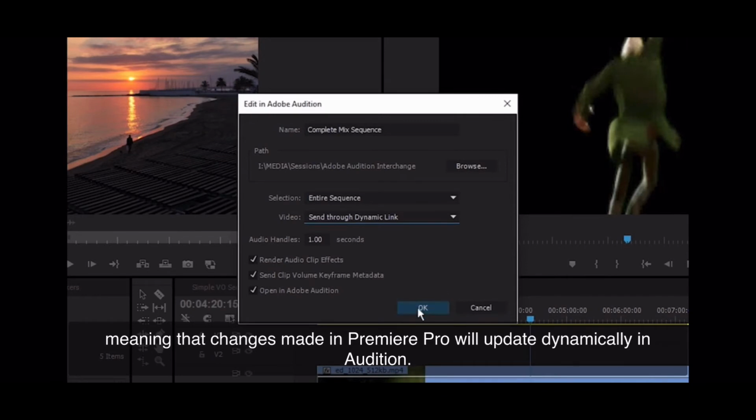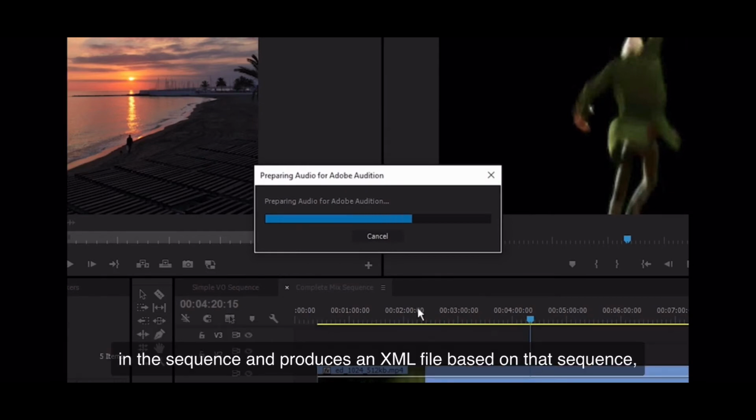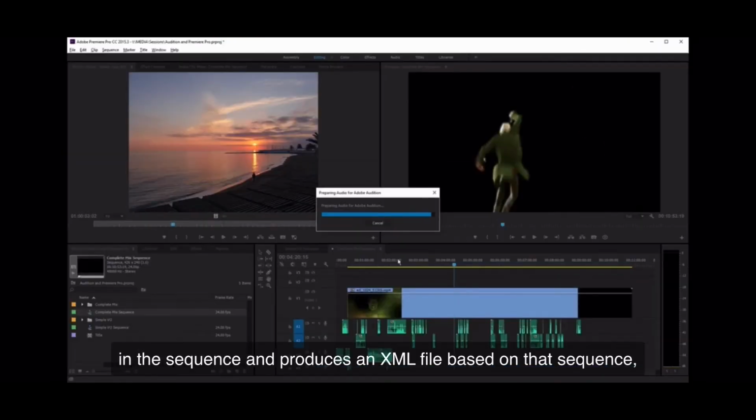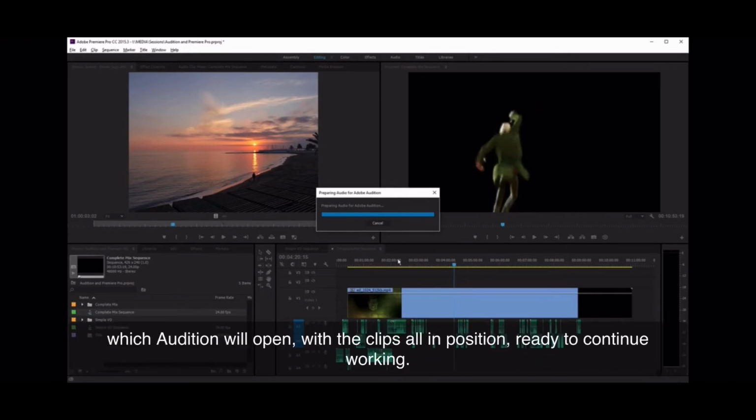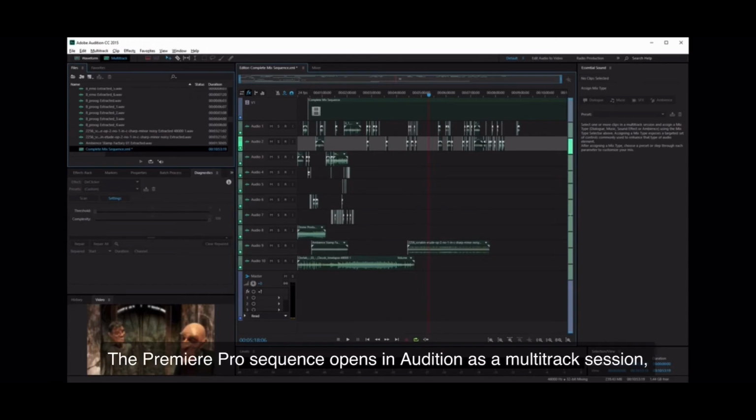When you click OK in this dialog box, Premiere Pro creates copies of every audio clip in the sequence and produces an XML file based on that sequence, which Audition will open, with the clips all in position, ready to continue working. The Premiere Pro sequence opens in Audition as a multi-track session, and you're ready to work on the